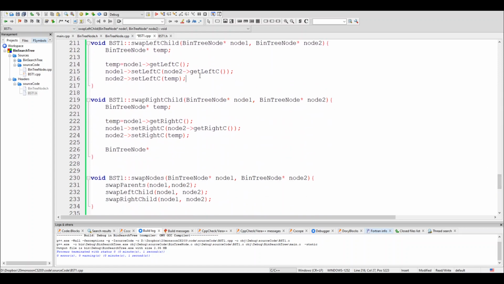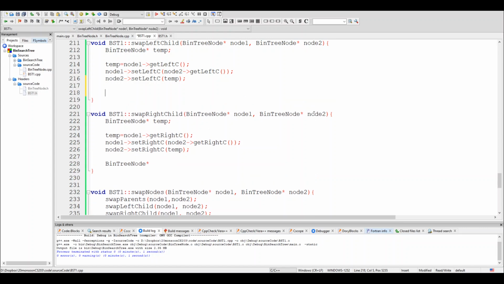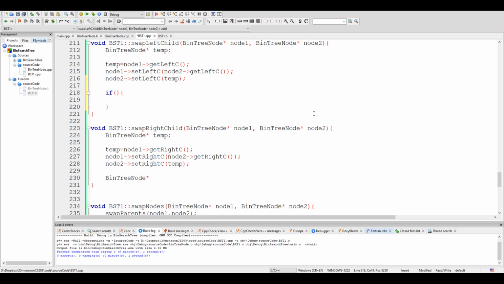Okay, so now we have swapped these children. Now what I should do is ask the question: let's look at the left child of node 1.